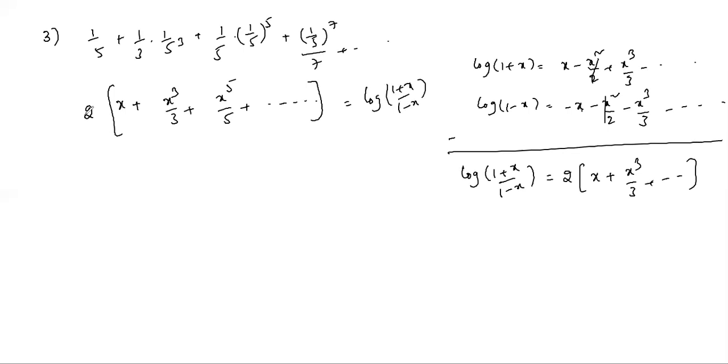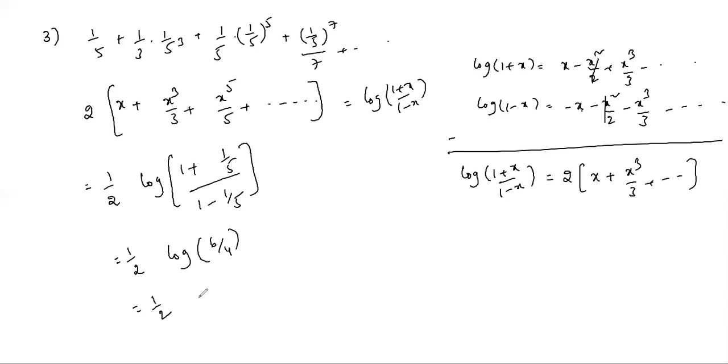So this is equal to log of 1 plus x by 1 minus x for 2 times, but we didn't have 2 times, so 1 by 2 into log of 1 plus x by 1 minus x, with x value 1 by 5. So 1 by 2 into log of 6 by 4, 6 by 4 means log 3 by 2 base e. This 2 you have to take to the right side, 1 by 2, and the x value is 1 by 5. Okay?